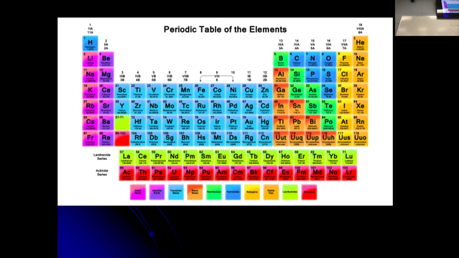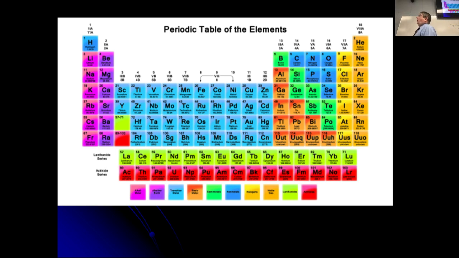What about going this way? What do we call that? Electronegativity is a result of it. You're not wrong, just not what I'm looking for yet. Periods. Those are periods. Do we expect the same properties in periods? No, because the valence electrons change as you go across a period. Okay? So I would expect the chemistry of boron to be different than carbon. I would expect the chemistry of carbon to be different than nitrogen. I would expect the chemistry of nitrogen to be different than oxygen, so on and so forth.